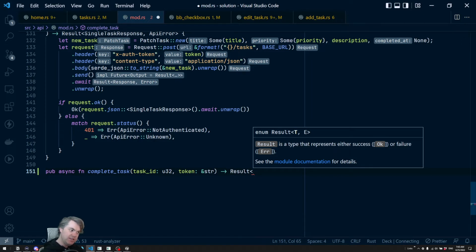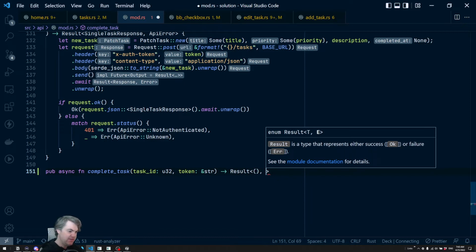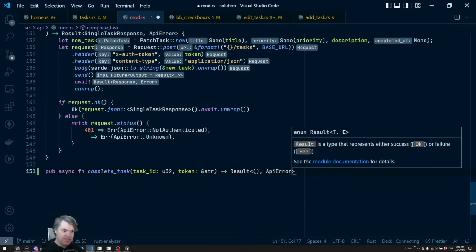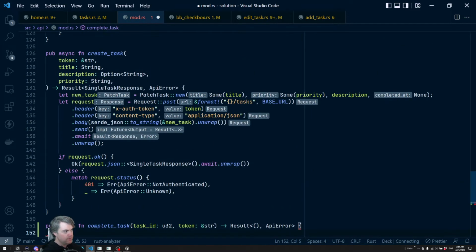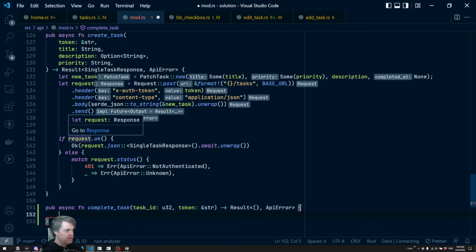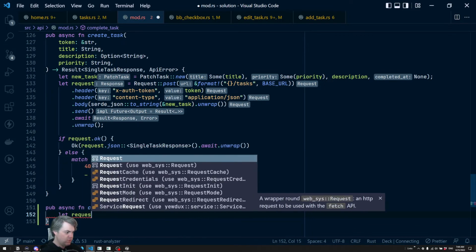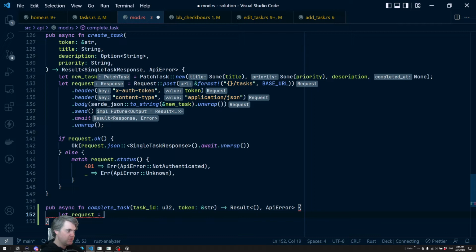so do I want to complete or do I want to do a toggle? I don't know. I'm thinking we don't necessarily need to have any of that as an error, but we're going to use an API error here. Okay, then we'll take these things in. So we don't need to do a new task. We need to start the request. So request equals,